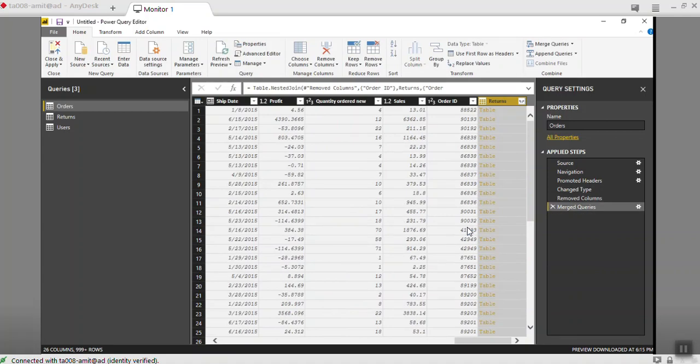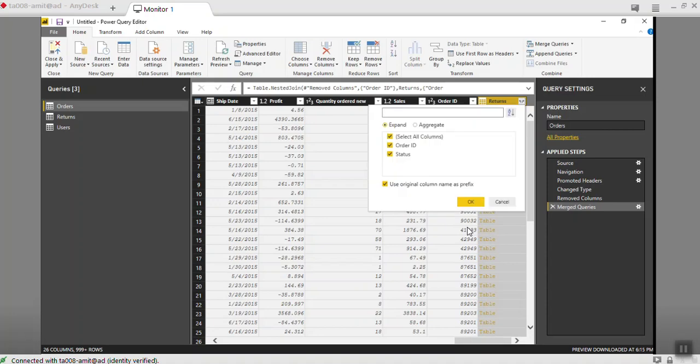Now this table is joined, so we have to expand the columns. Here we can expand selected columns only. We can expand order ID, but we will not because we already have order ID. All we have to do is expand the status only. Then use the original column name as prefix.